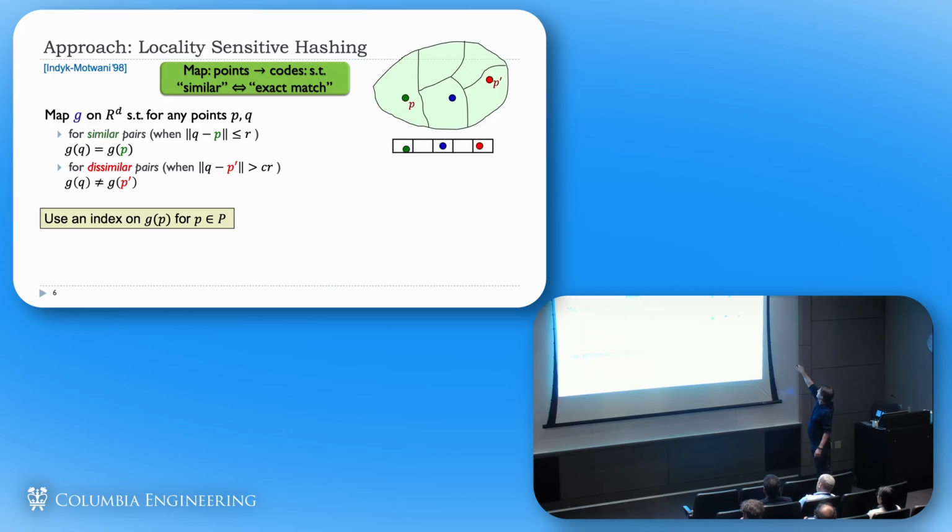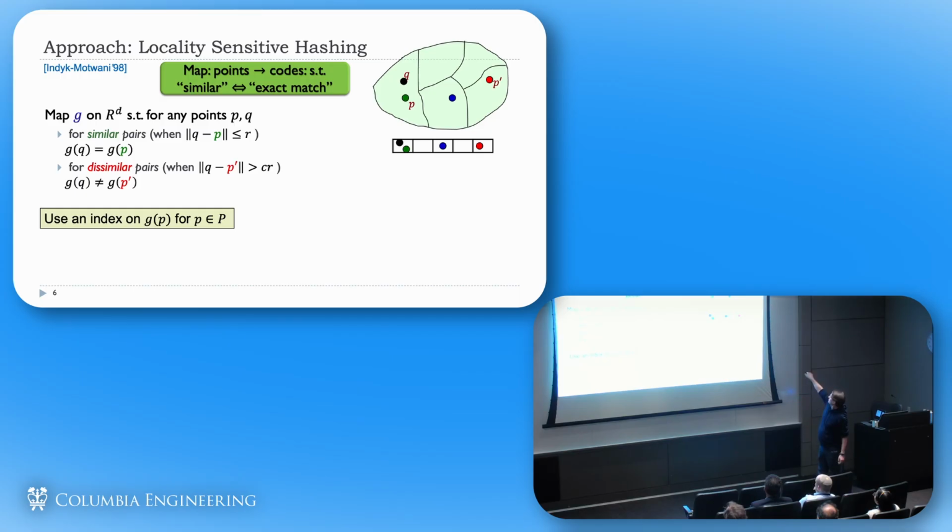So this is an illustration here. Suppose you have these 3 points. You build this index, and for a query Q, you just go to the corresponding bucket, and if this is satisfied, then you'll find here exactly the points which are similar. Maybe you'll find the points that are similar, and maybe you'll find points which are in this gray no man's land, this middle territory. So this is why you have some non-determinism about which point you'll return.